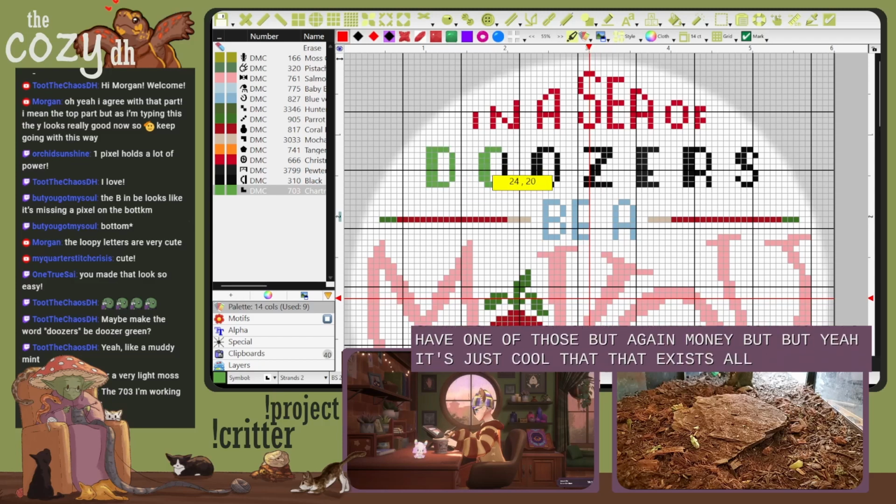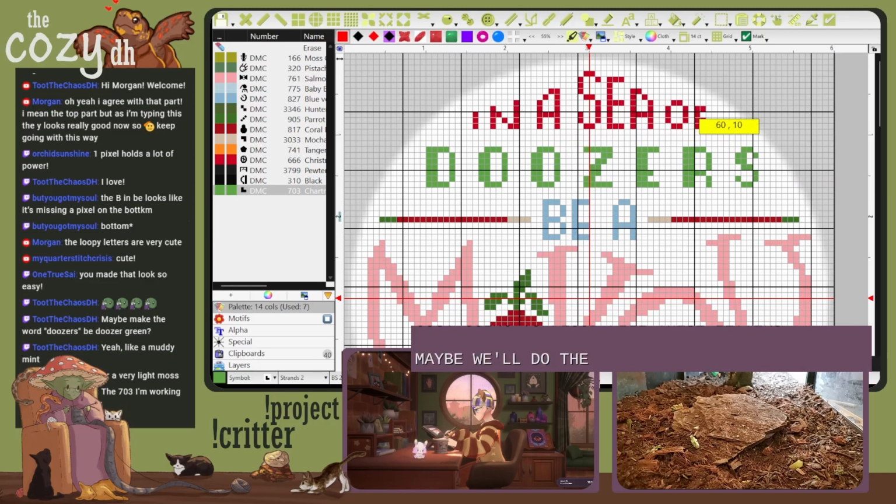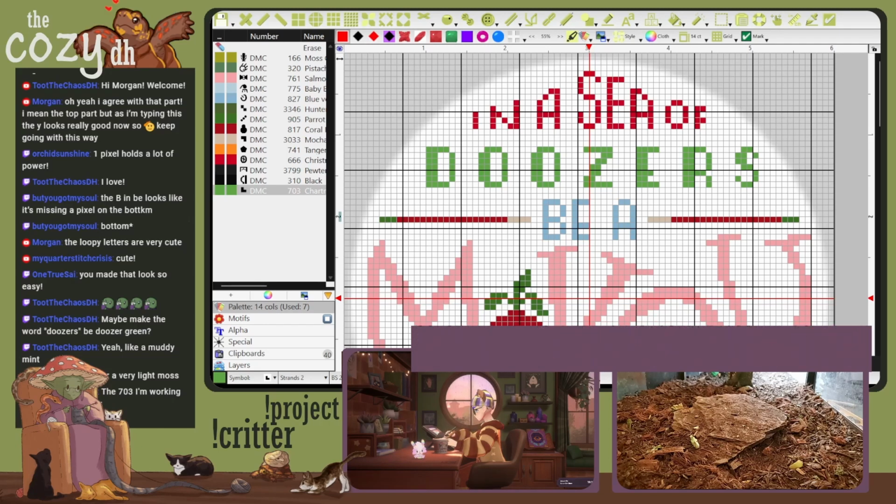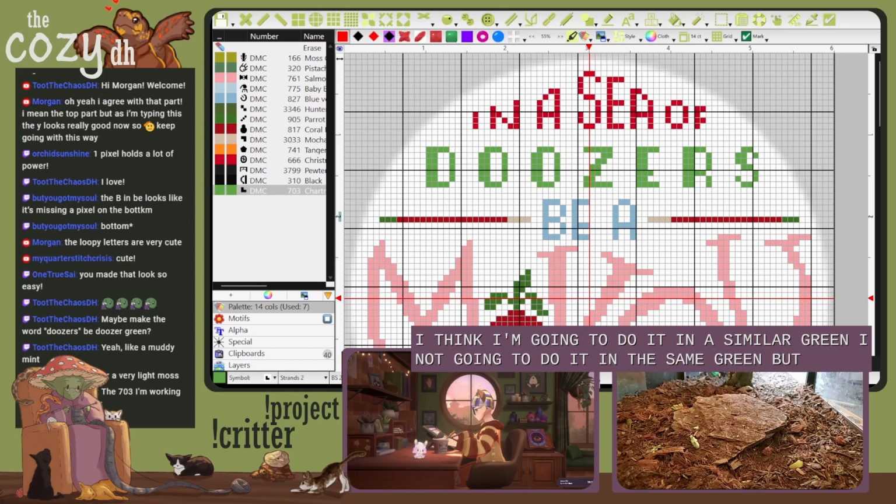All right, so I'm just going to flood fill these letters. Maybe we'll do the In a Sea of Doozers in Doozer Green as well. Or should I just, I don't know. I think I'm going to do it in a similar green. I'm not going to do it in the same green, but